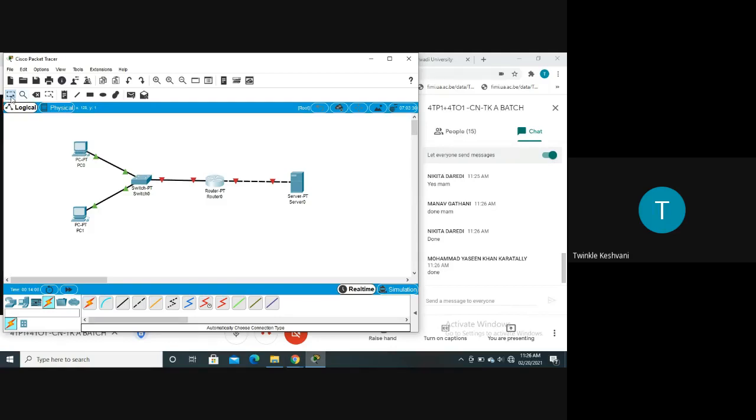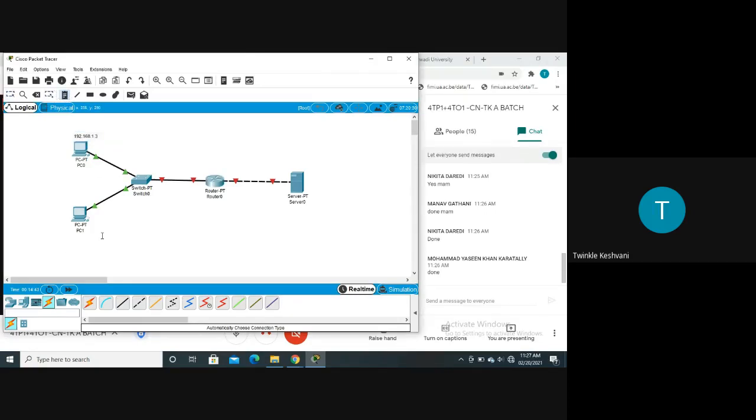So for that, just go to the below to the menu bar, you can see here, and from that you have to take this place note. If you can see my cursor, I am choosing the place note and I am writing the IP addresses at the outer side, right? So first of all, for the first PC, I am giving the IP address 192.168.1.3. Same I'll give to this PC also.